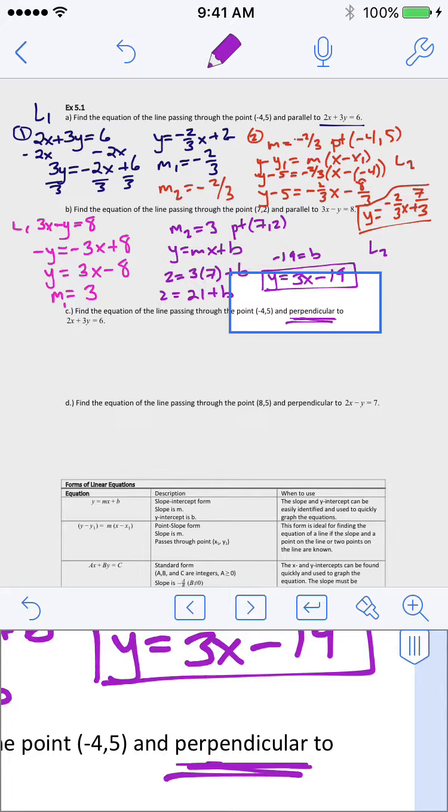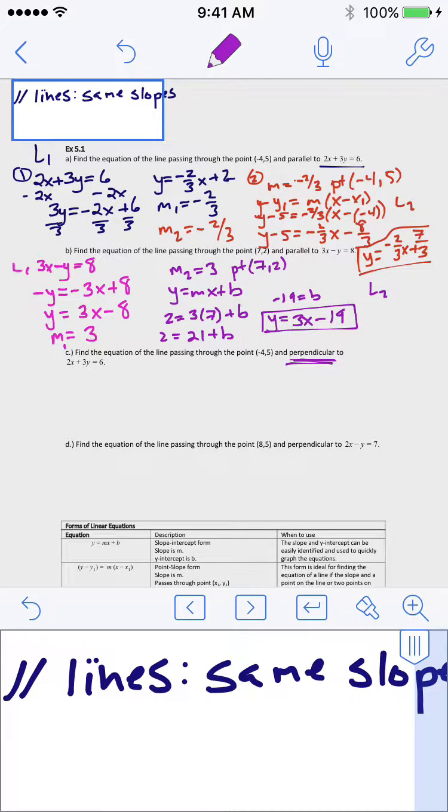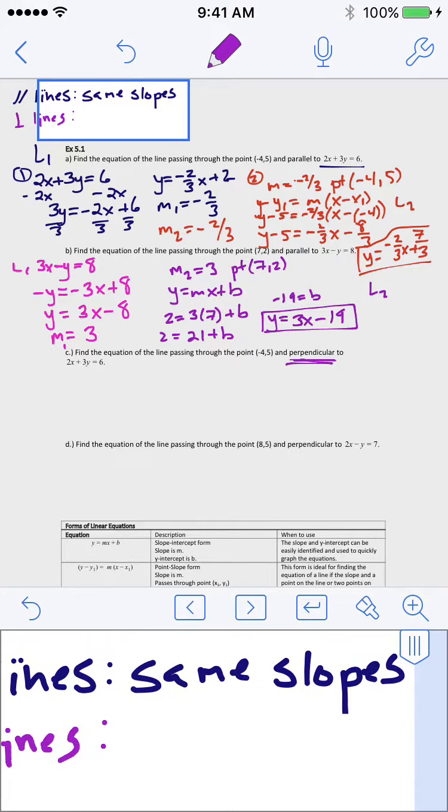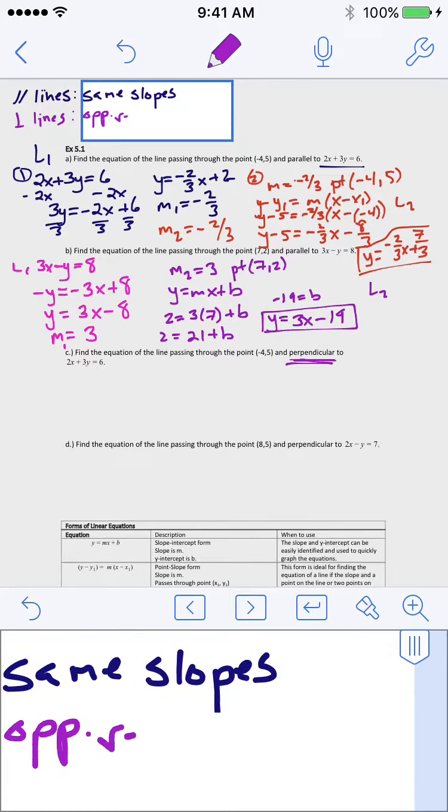Let's remind ourselves what that means. Well, perpendicular lines intersect at a 90-degree angle. But what does that mean about their slope? So we can go back up here. Perpendicular lines do not have the same slope. They have what? Opposite reciprocal slopes. If you didn't remember that, make sure you remember that it means opposite reciprocal, and